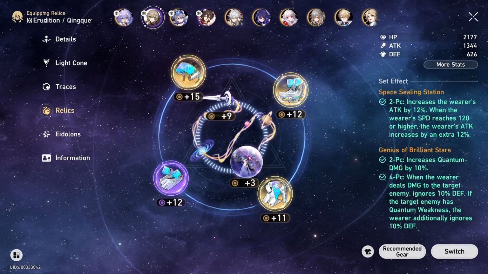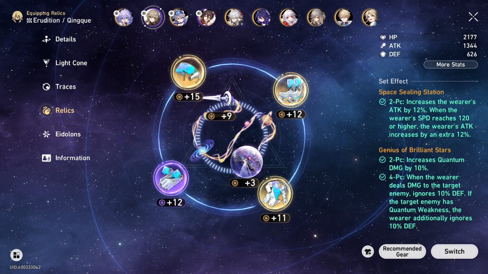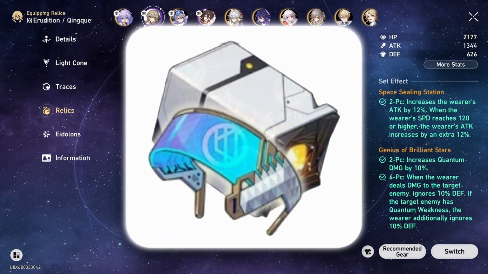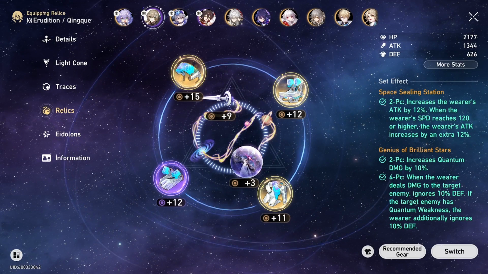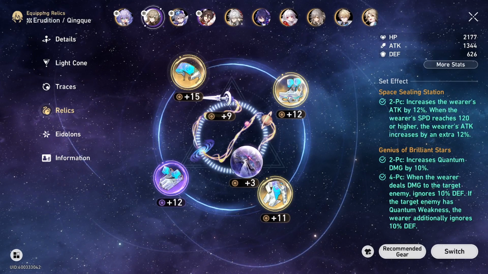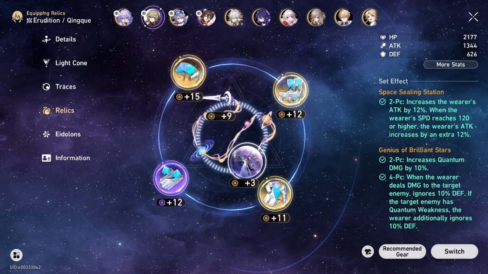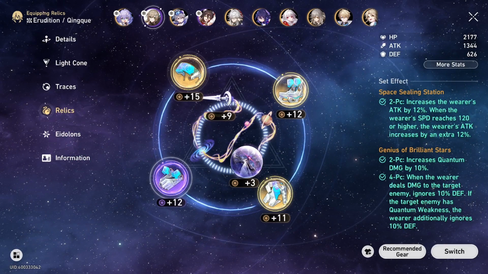Talking about the relics now, guys. Relic here is pretty easy. I think it's pretty obvious what you should be running here. Just a 4-piece Genius of the Brilliant Stars here. Just that 4-piece quantum set, guys. She's doing quantum damage to all enemies, and you just want to get as much quantum damage as you possibly can. Another alternative, guys, would be a 2-piece of the quantum set, 2-piece of Musketeer, especially if you're earlier game